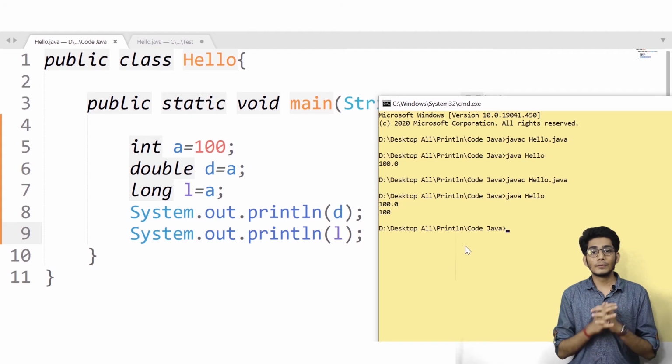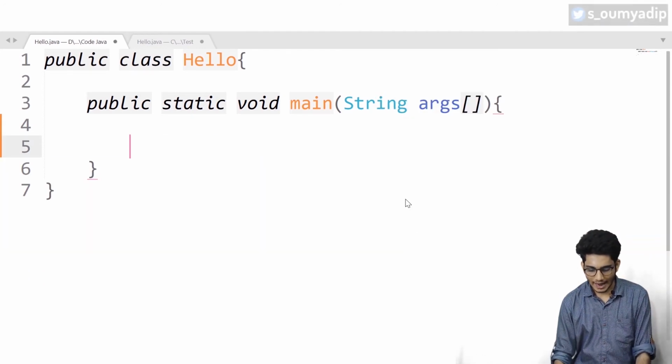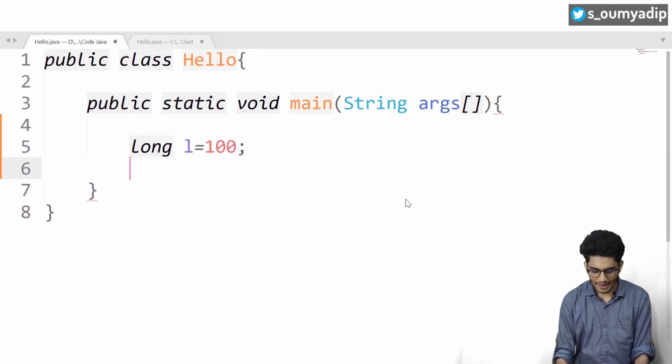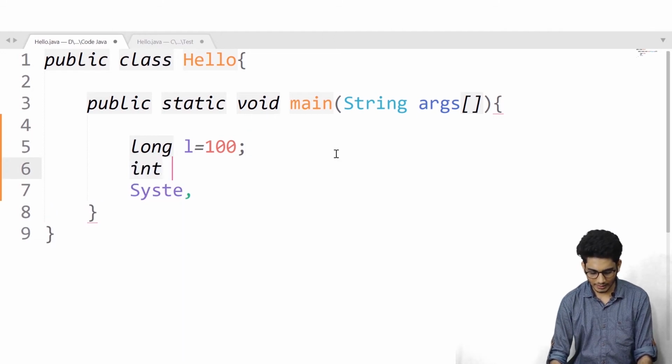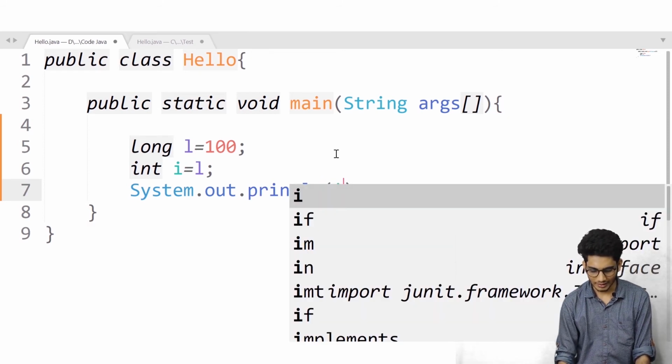Now we'll perform the narrowing casting. Suppose I have a long L equals 100, and suppose I'm declaring an int i equals L. Now I'm writing System.out.println(i).